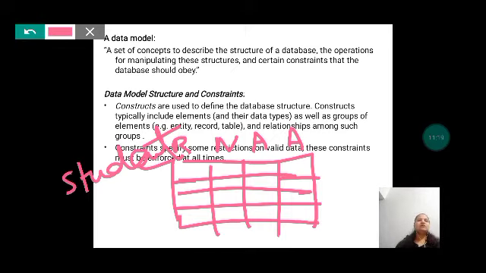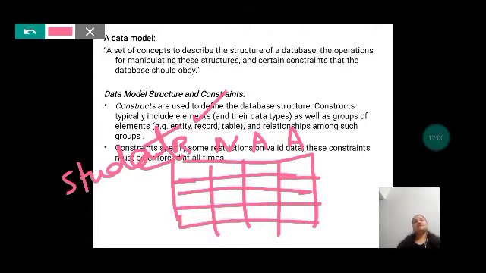Okay, so when we are creating the database, the structure is nothing but that, which includes all these elements. That is, the name of the table is student, and what data we are going to store there. Suppose it is a registration number, it should include numeric data, or if we are going to store some alphabets, that also has to be specified when we are creating the database itself. And this is one table, student, and in a university there may be another table called faculty, and as there exists a relationship between the student and the faculty, what is the relationship?